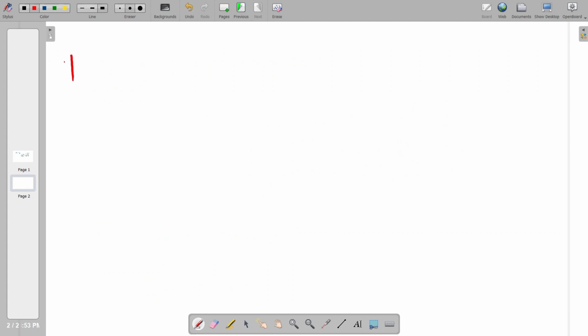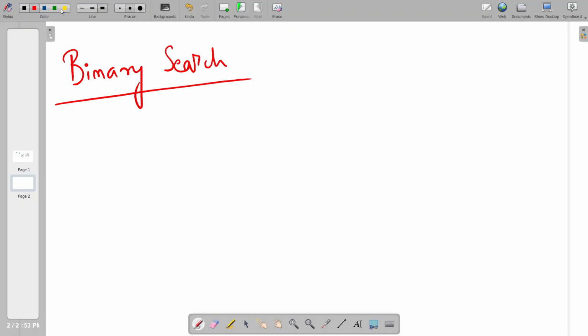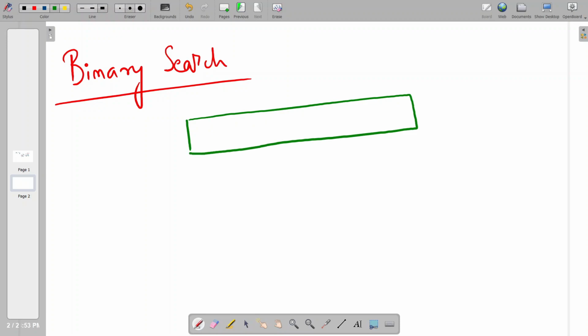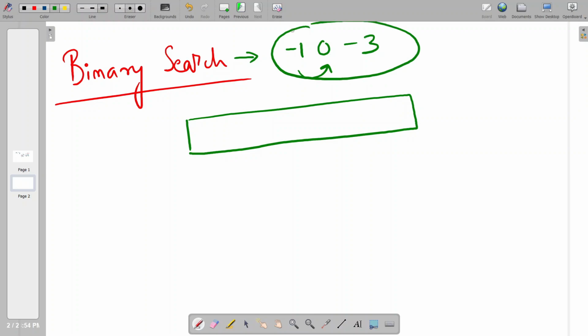What is binary search? The term binary signifies that we have to do something with 2. So here we do division by 2. Suppose we have an array that is sorted, and this is very important for binary search. The one dependency of binary search is that it cannot work if your array is haphazard. I cannot do binary search on something like -1, 0, and so on, where there is an increasing trend. Now if I destroy this trend by writing something less than 0, like -3, then this is an array which is neither in ascending order nor in descending order. So if there is no order in an array, binary search will fail.